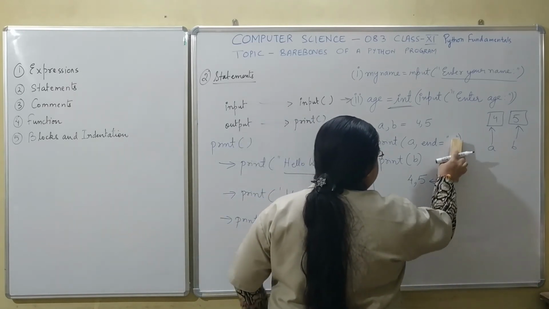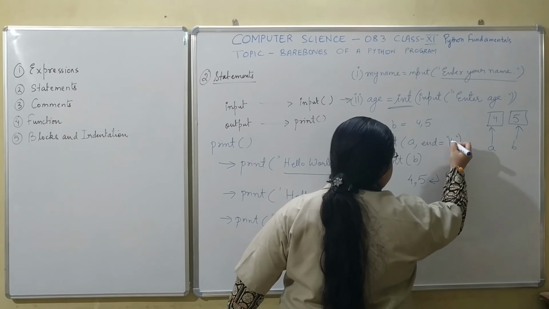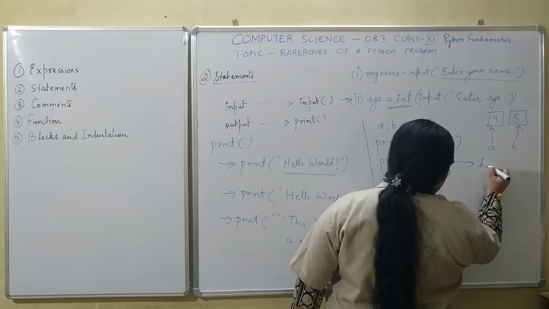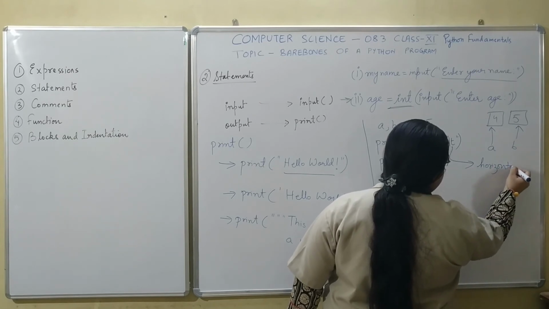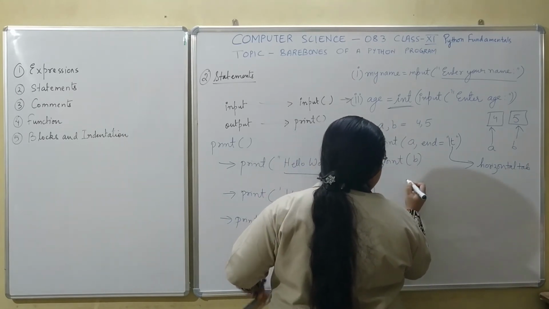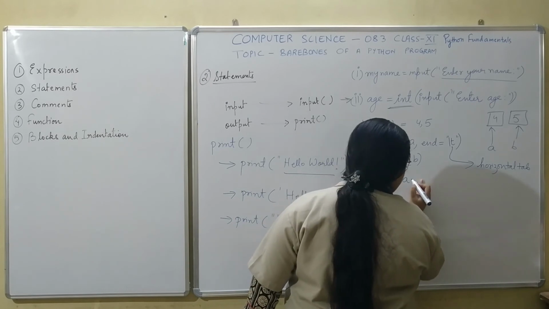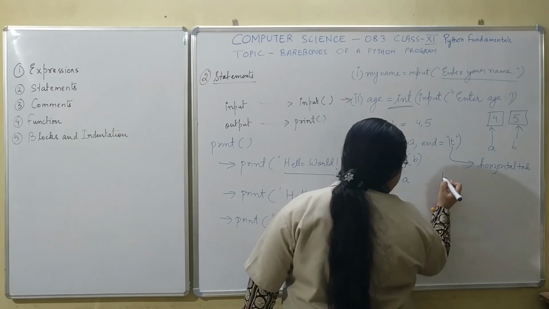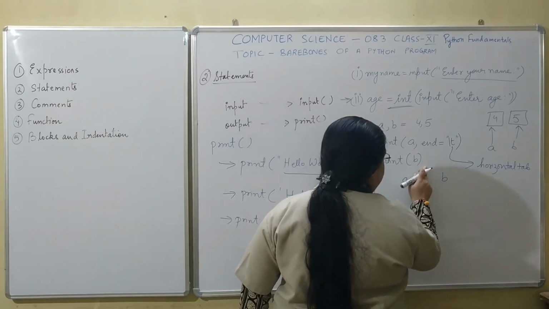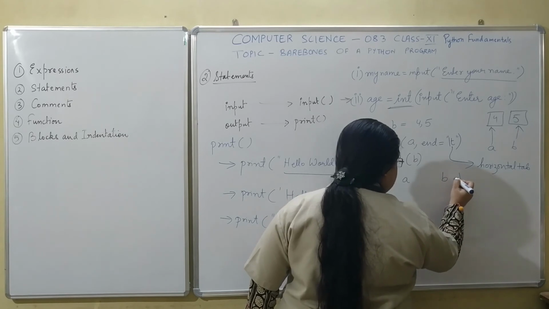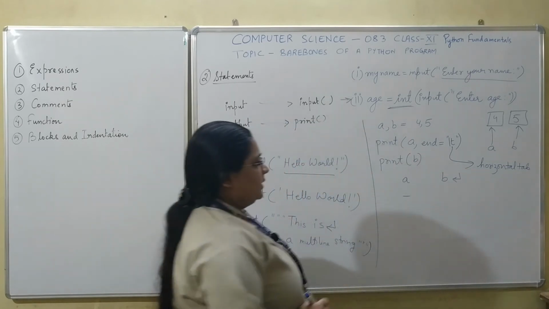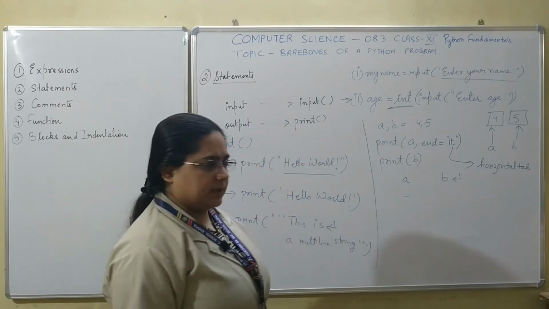Another example is if I use an escape sequence character like \t. Now what is \t used for? It is the escape sequence character for horizontal tab. So for horizontal tab it would be like this. A would be printed and after A some space would be given and then B would be printed, and here because there is nothing provided for end, which means it is carriage return and new line, so a carriage return would be there and a new line would be inserted over here. So this is how print works.